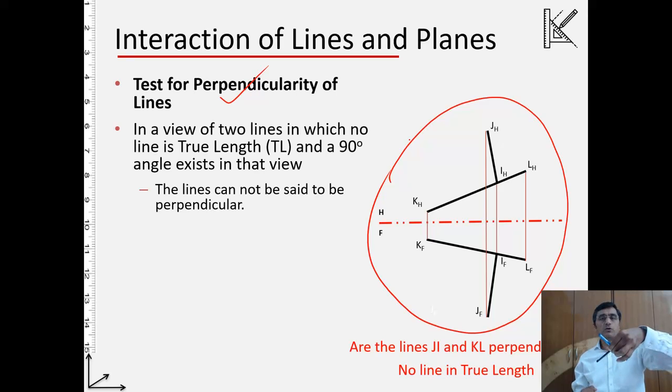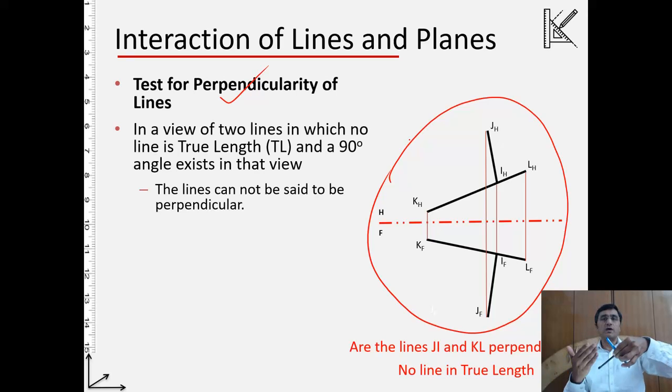So what we will do, as we just noticed, if somehow corresponding to one line, let us say this line, the black one here, I can generate an auxiliary view corresponding to this, and on that auxiliary plane I can project it as a true length. Okay, so the black line is projected as the normal view or the true length on the auxiliary. Now the blue line is also projected onto that. Then we can check onto that auxiliary view whether the projections make a 90 degree angle or not.